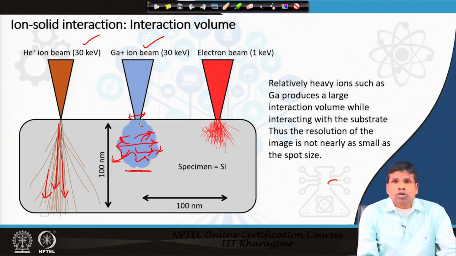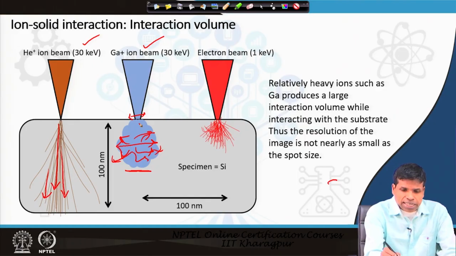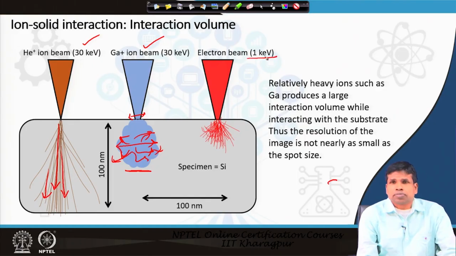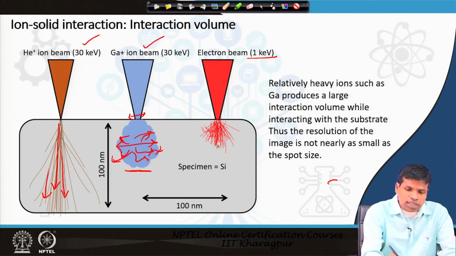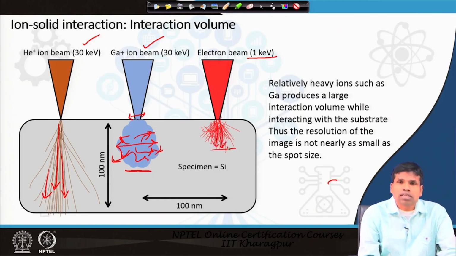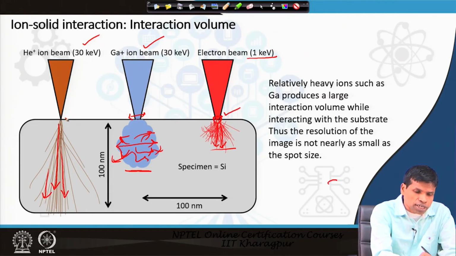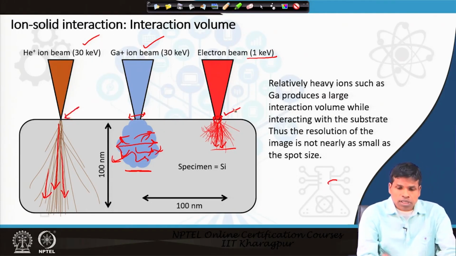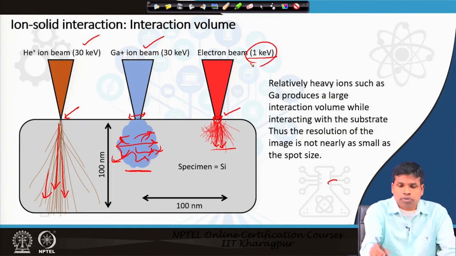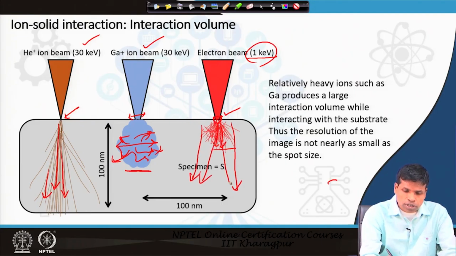And the third thing, if we look at the electrons, the electron beam energy is only 1 keV, because it has small mass, we do not need such a high acceleration voltage. Still it certainly goes downwards, less deep, but again this area at the surface where it reacts is quite large compared to the helium here, even at 1 keV. Even if we go to higher acceleration voltage with the electrons, certainly they will go much deeper